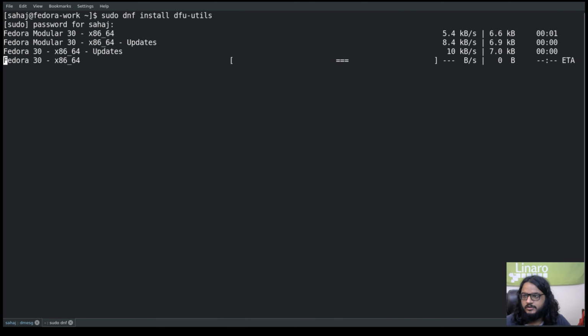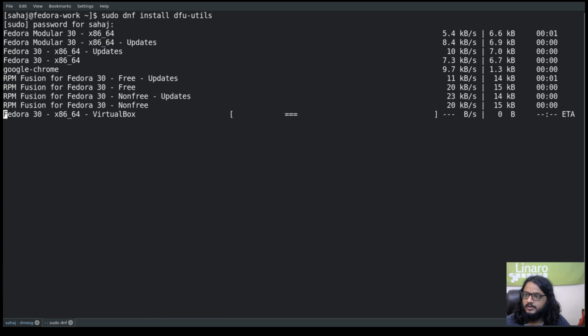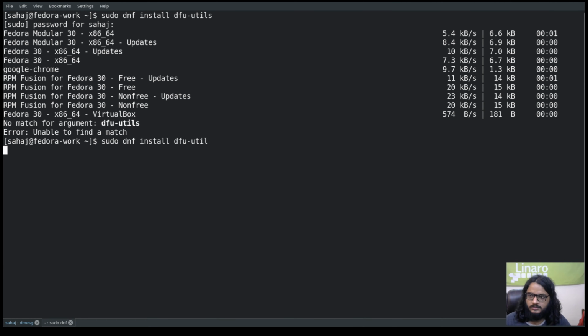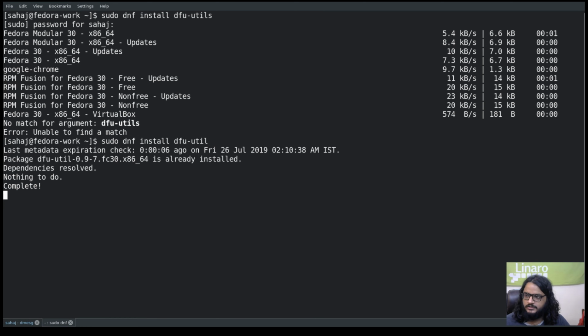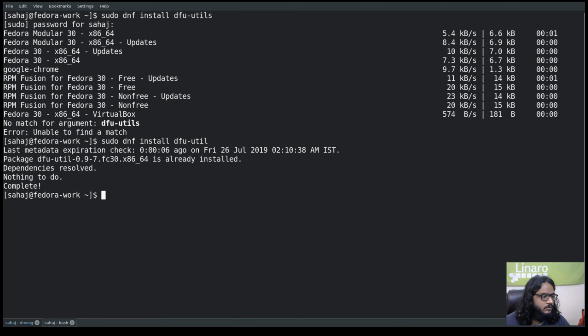And it's already installed. I'm just showing what the command line is. Should be dfu-util or tools. We'll do a search if this runs. Yeah, so the dfu-util package is already installed. So what we need to do is